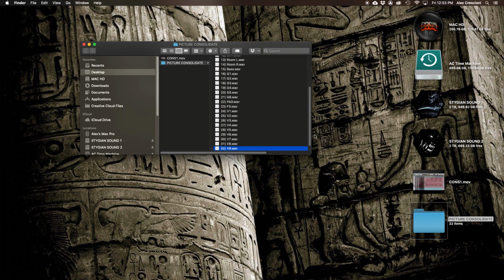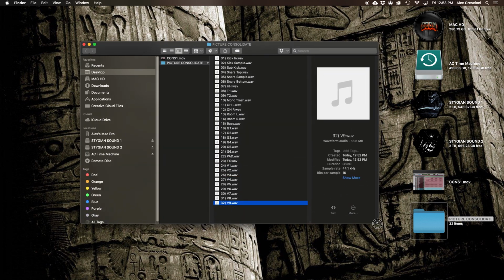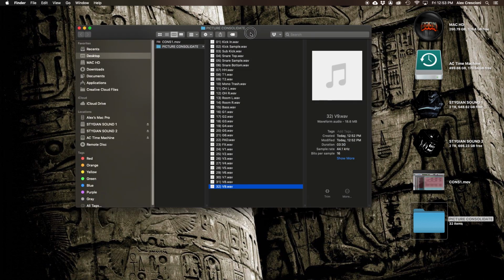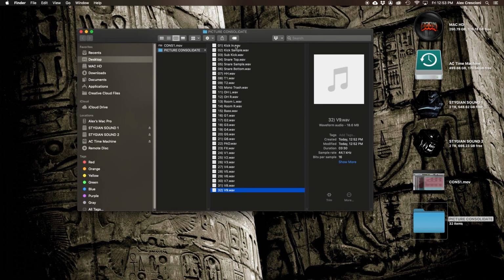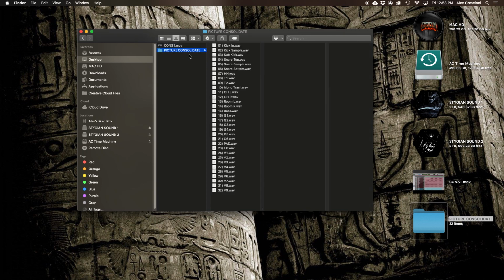Okay, this is a small session. I used a small one just to show you, so we didn't have to go through it, usual sessions are like 80 plus to 100 and whatever tracks. But this will show you how to keep it simple. So now what I would do is go Picture Consolidate 125 BPM, so the mixer knows where to set his